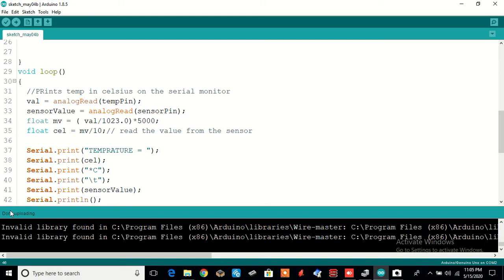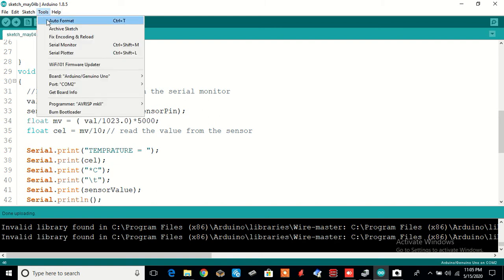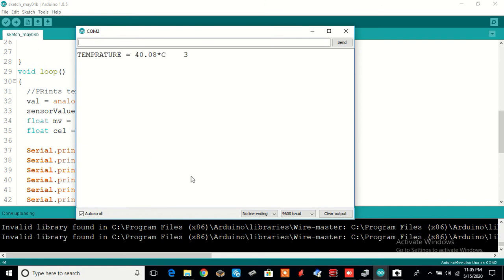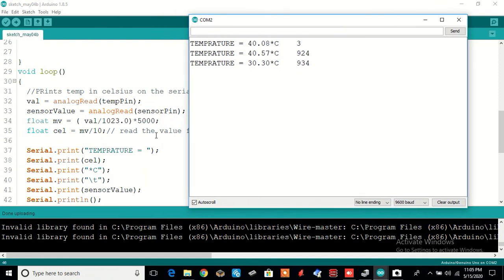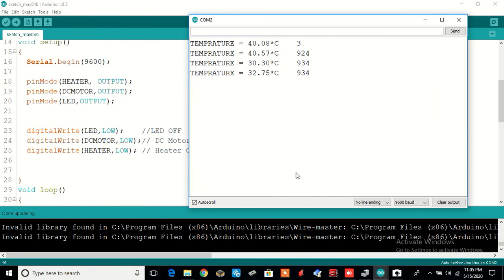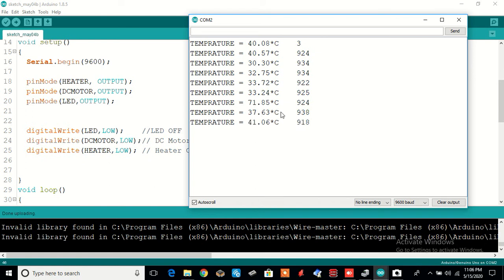Then remotely, how will you see what is happening? This entire thing is dumped on a serial monitor. On the serial monitor, the first thing you need to specify is the baud rate. We have set the baud rate in the program to 9600, so you should also select 9600 as the baud rate. As you can see, the temperature is around some ambient temperature, and the LDR output shows the light intensity is this much. So this is exactly what is happening inside the chamber.